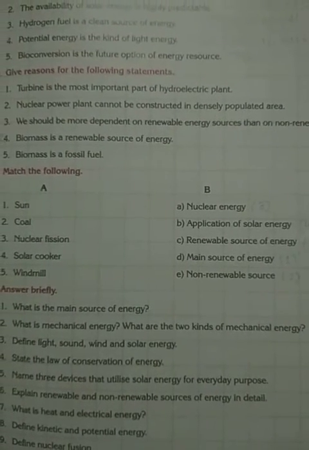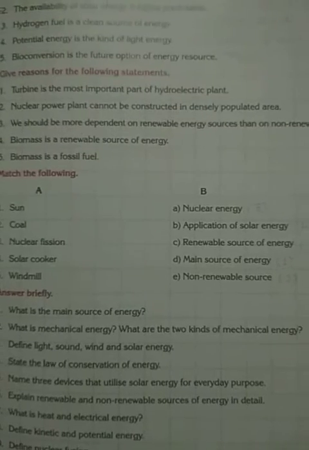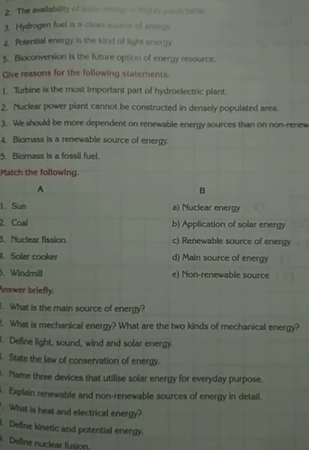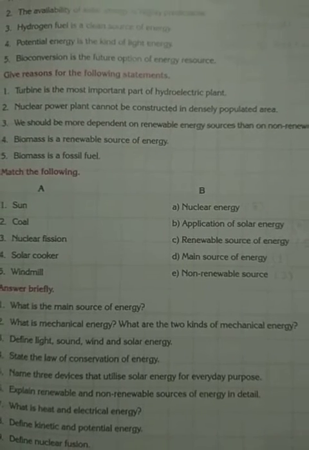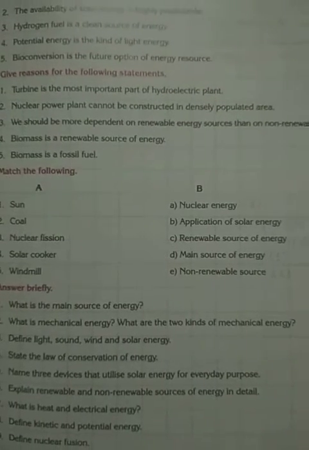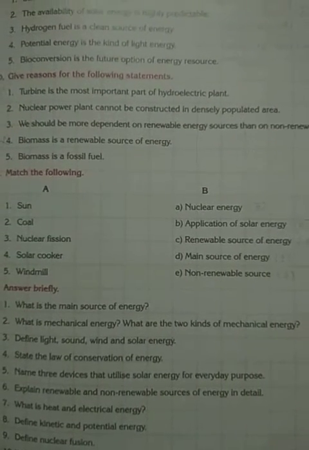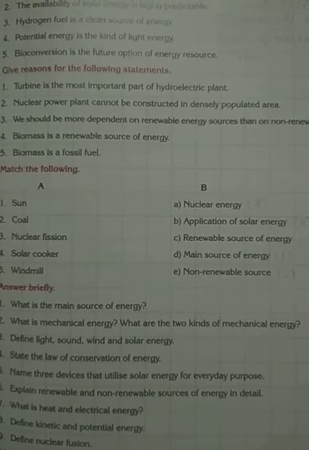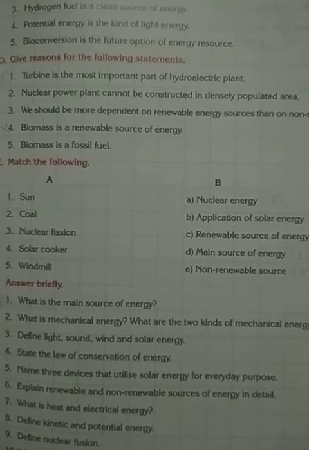And you know that when a body is moving, that is mechanical energy, or that can also be called kinetic energy. So mechanical energy is produced by the water here. Now the turbine is connected with a generator. And you know the function of a generator. What is the function of a generator? A generator converts mechanical energy into electrical energy, hence electrical energy is produced. So you understand that the turbine is the most important part of a hydroelectric plant. If there is no turbine, mechanical energy will not be produced and no electricity will be produced.